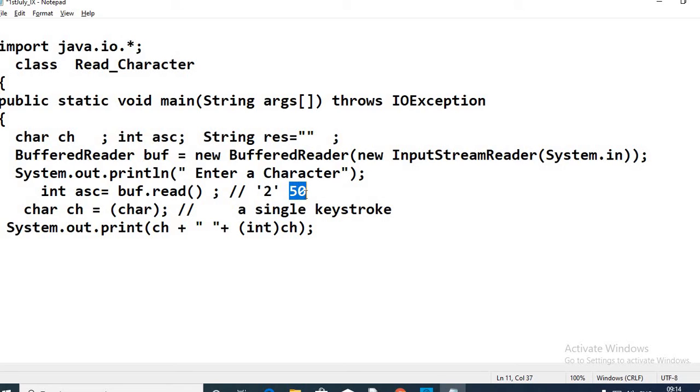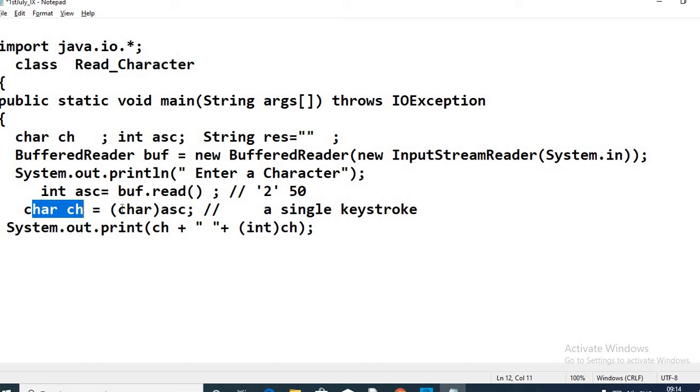I would like to get the character representation for the equivalent ASCII 50. So we use the typecast operator here, explicitly typecasting the integer, higher to lower. As we understand, char and int are both compatible data types. I can convert the ASCII into the equivalent character constant and the character constant into its integral equivalent, which is the ASCII code.